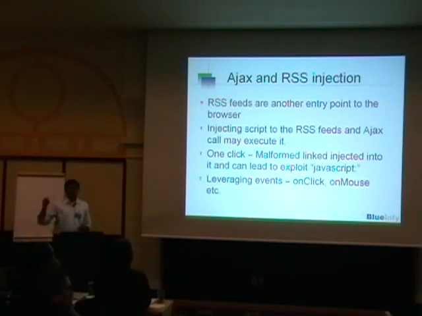because you have to click, because RSS is a static feed coming to you. You can't inject a script tag into it, but what one can do is inject a javascript: tag into it. So the javascript: tag will fit at the href, and then when you click the href, the JavaScript gets executed. So a lot of vulnerabilities were discovered by injecting onclick or onmouse events, where one can inject JavaScript.